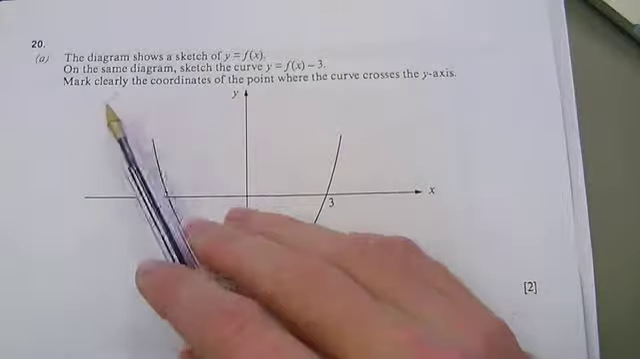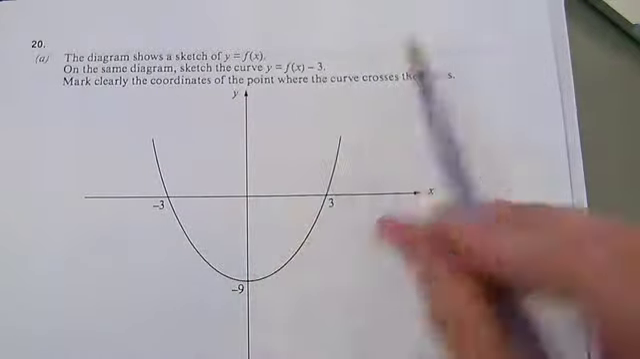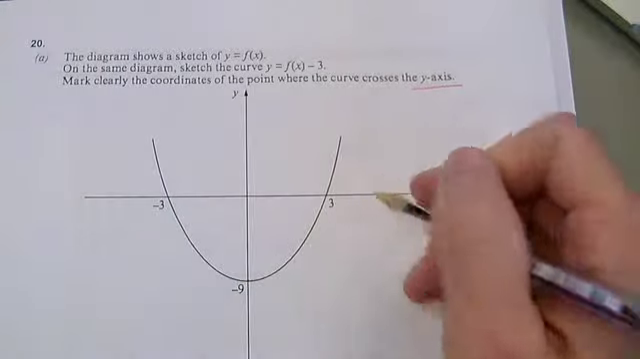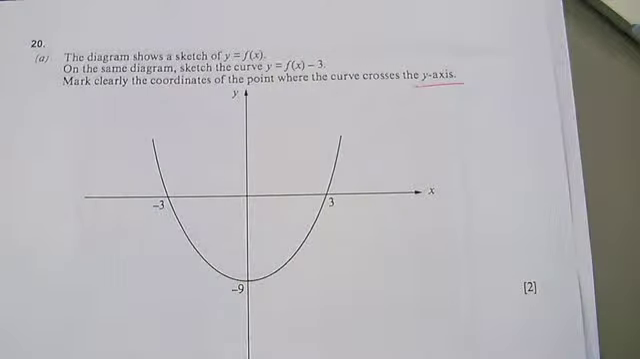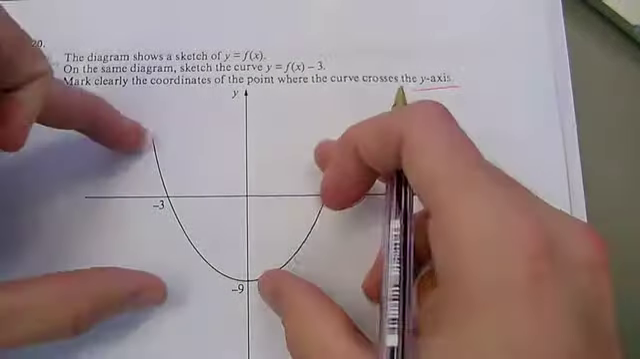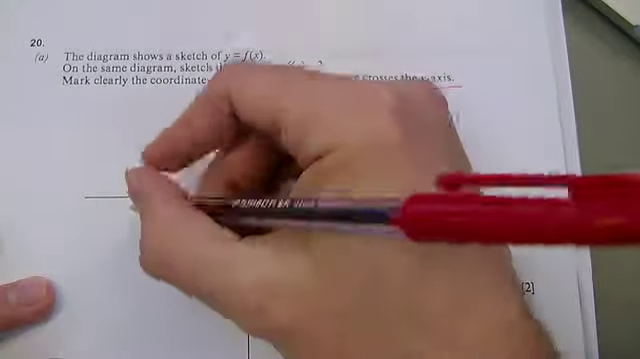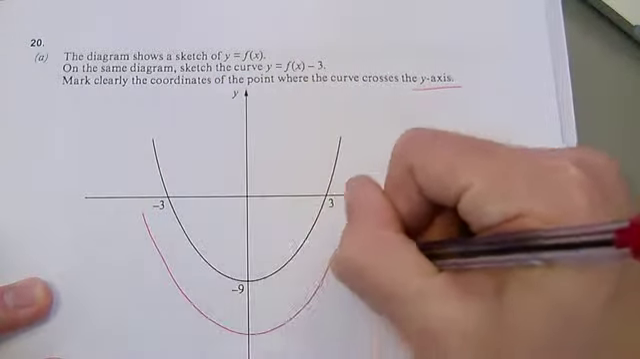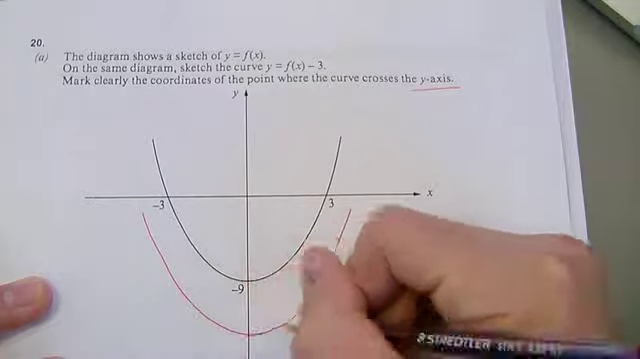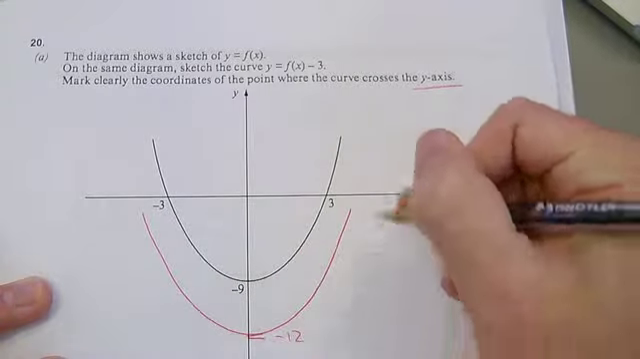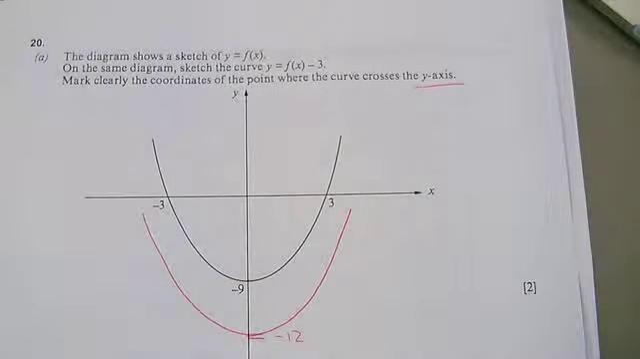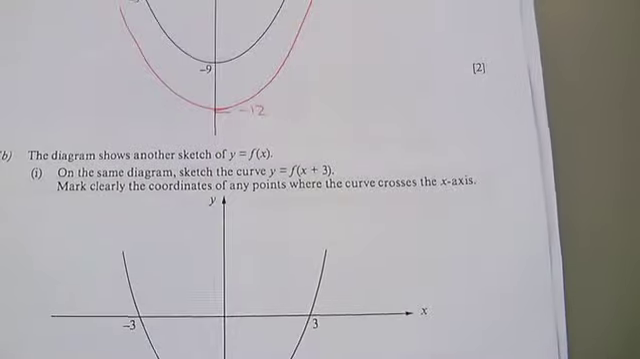Now, if you read carefully, it says mark clearly the coordinates of the points where it crosses the y-axis. So this 3 and this 3, or the minus 3 and the 3, irrelevant. Okay, we don't know what that's going to be when I move that down. So that would look something like that, and it's going to be going through minus 12. The one underneath,